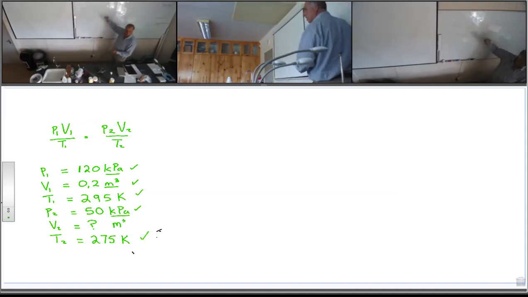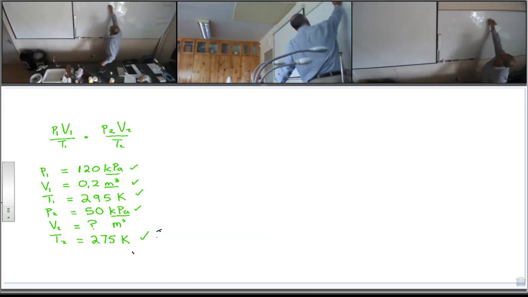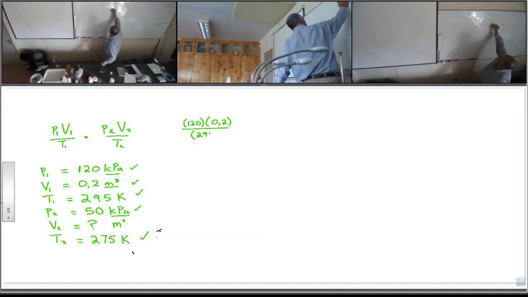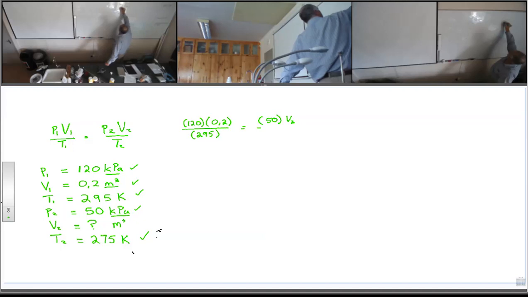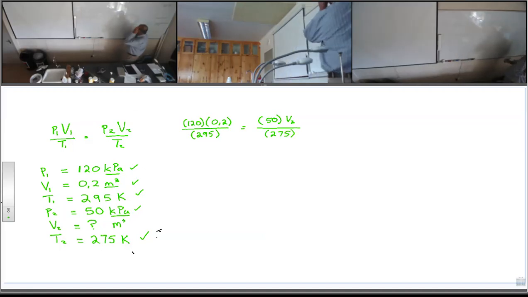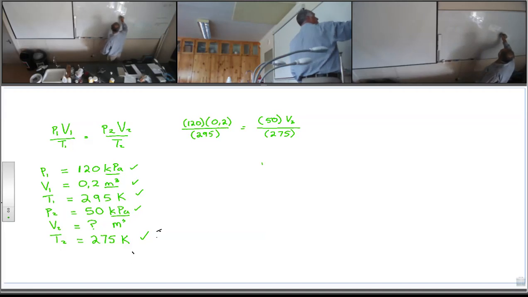Now I can go and do the substitution. Substitute straight into here. P1, 120. V1, 0.2. T1, 295 equals P2, 50, V2, leave it as V2, the final volume. And T2 is 275. Right. So therefore we're going to get that V2